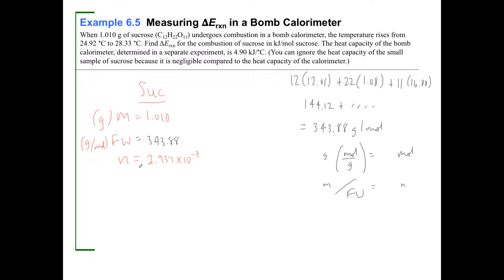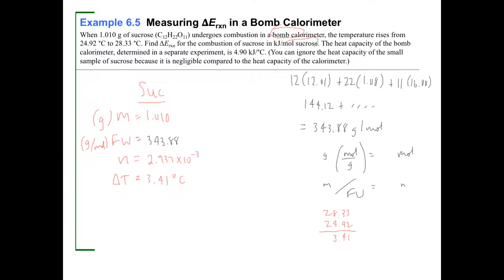And I really haven't even read the question yet, right? All I'm doing is just figuring out how many moles I have. In the bomb calorimeter, the temperature rises from 24.92 to 28.33. 28.33 minus 24.92. 4. I borrowed. That makes that a 7. 3.41. So it looks like the change in temperature is 3.41 degrees Celsius, okay? Find the change in internal energy of the reaction for the combustion of sucrose in kilojoules